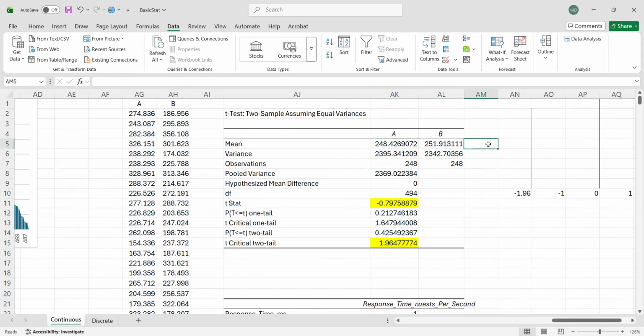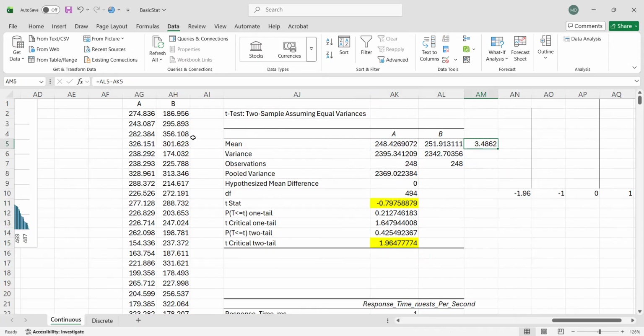To get the difference, just use the formula, this one minus this one. So there's a 3.449 difference between the two means, and we want to know whether that is significant enough or not. Since we had this result, we concluded earlier that there is a significant difference. So this difference is significant.